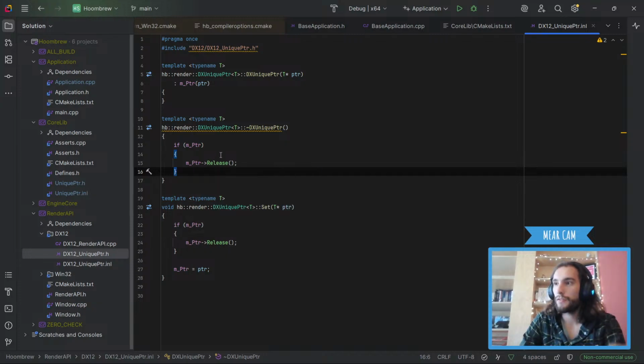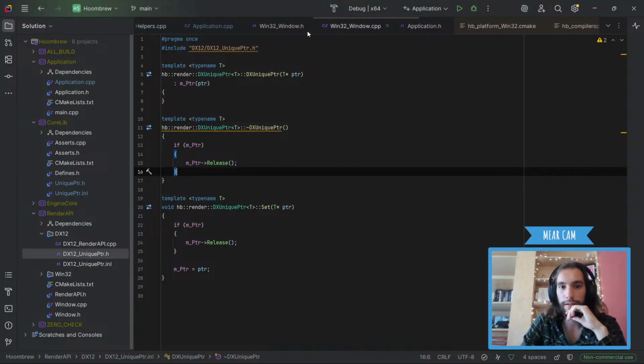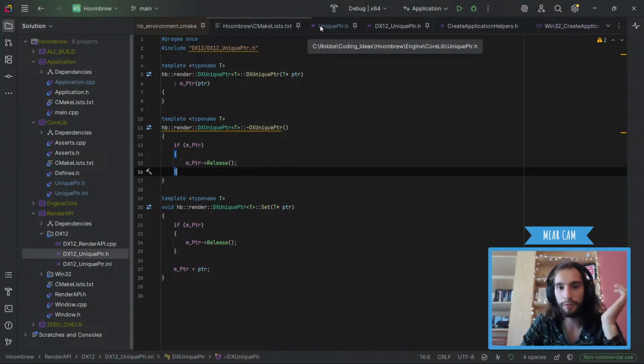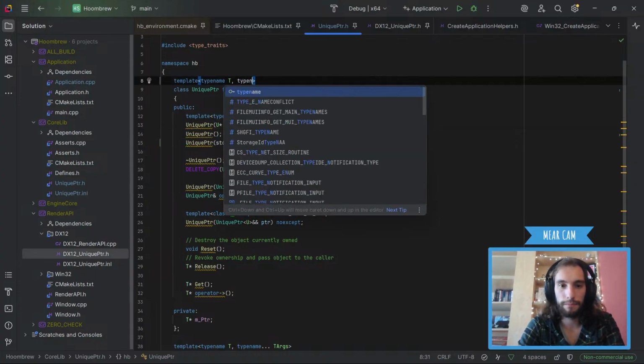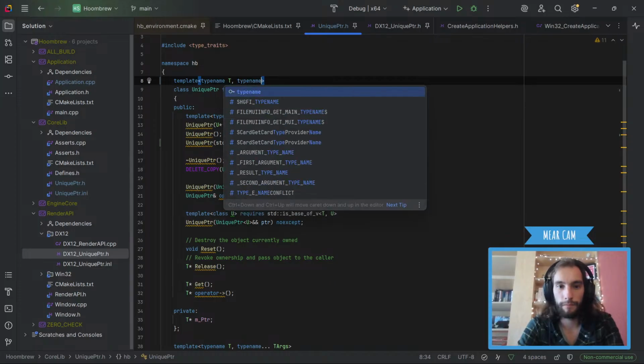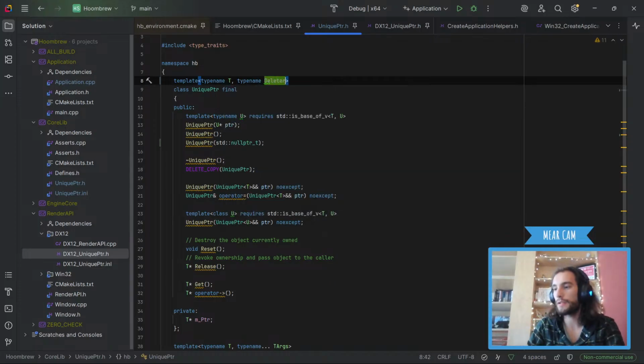We can also make our normal unique pointer work with this kind of thing, but then we would need another. Oh my god, I pinned these for a reason. Okay, so then we would need another type in here, which is like the deleter. First of all, that will make things way too complicated because I'll need to make sure that we can take any function, even lambdas and stuff like that. I will need to make it work with that, and so on and so on. We can do that in the future. I don't want to implement it now. It's way too complicated, for now.